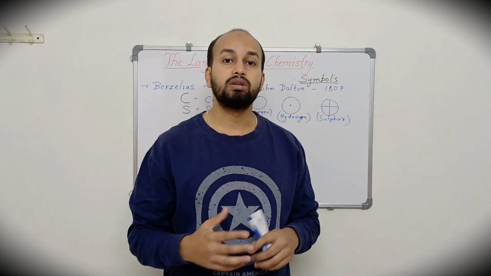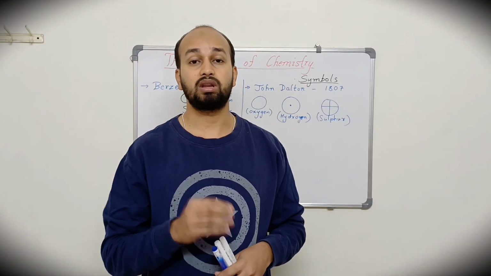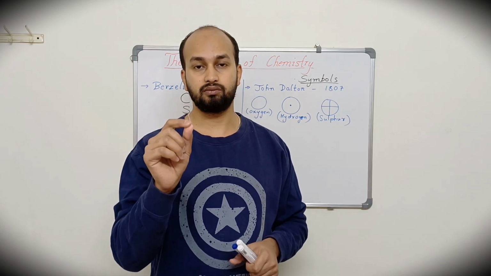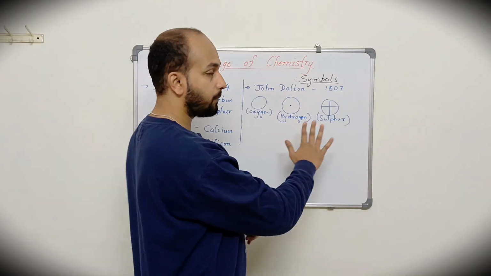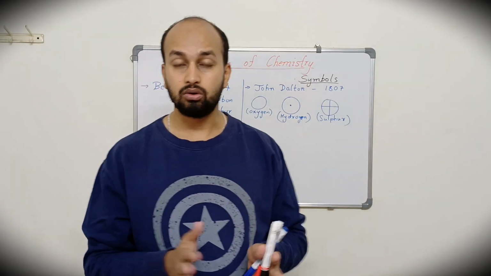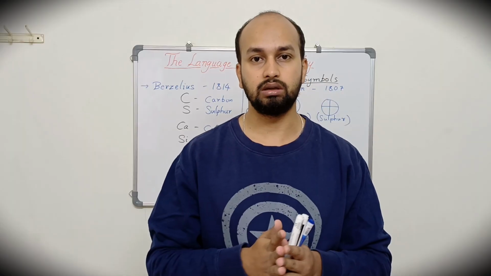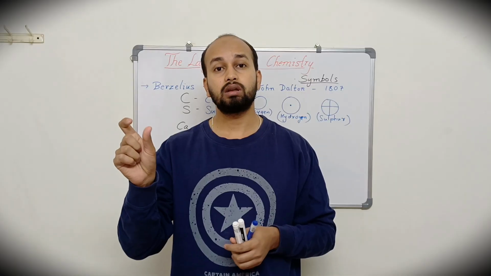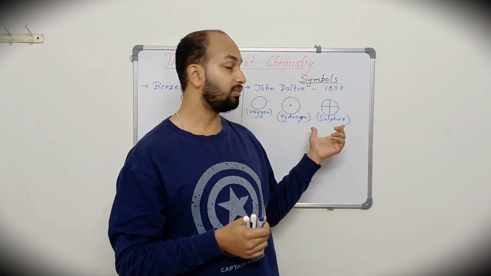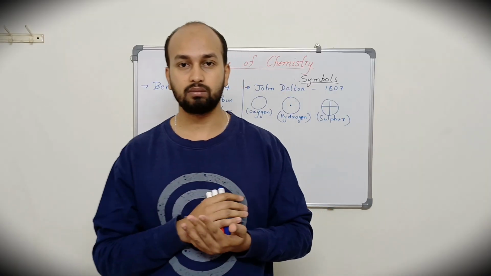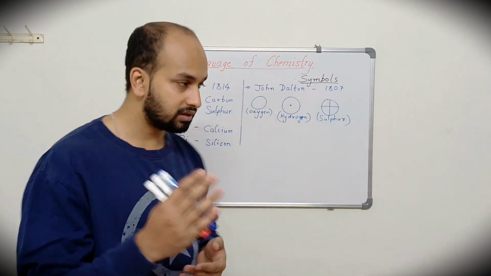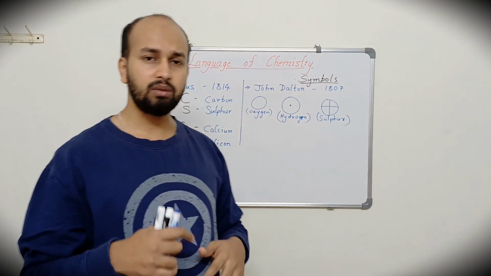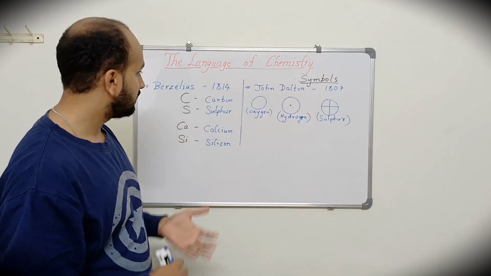There were not many elements discovered in his time, but whatever elements were discovered, each and every element was given some kind of representation like this. But now we know there are 118 elements in the modern periodic table. So each and every element cannot be given a symbol like this, and remembering is again a challenging part. Hence, another scientist, Berzelius, in the year 1814, came up with a very good idea of representing